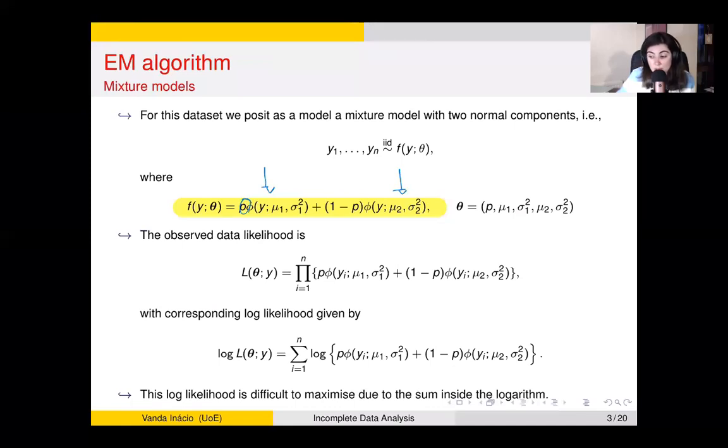So what are the parameters in this context? p, the weight of the first component, the mean and the variance of the first component, and the mean and the variance of the second component. So we have 5 parameters here. And if we want to write the likelihood function, we have the density function here. We know that the likelihood is just the joint density regarded as a function of the parameters, right? So we have nothing more than